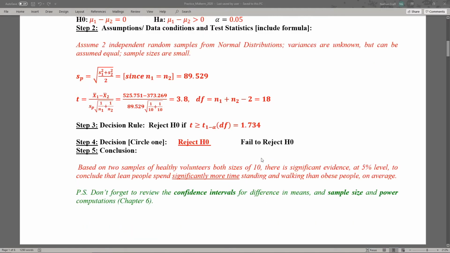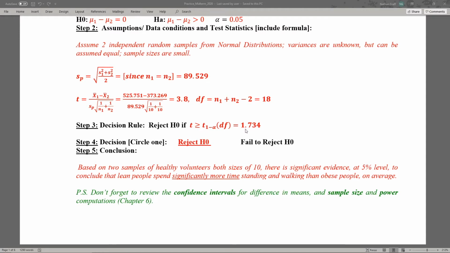Next, we calculate our critical value for our decision rule. In this case, it's an upper tail test, so we find the value associated with the 95th percentile of the t-distribution with 18 degrees of freedom. This yields a critical value of 1.734. Therefore, since the test statistic is greater than our critical value, we reject the null